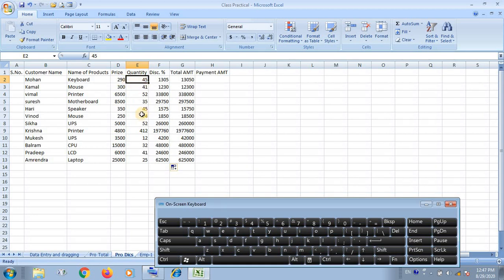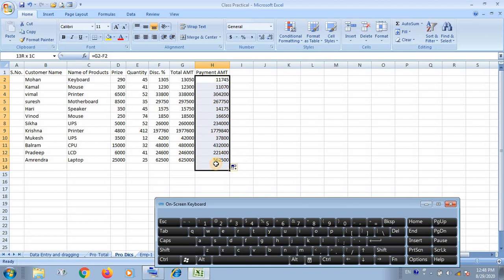I calculated it for one product earlier, now you are looking at 45 products where you have to calculate the 10% discount. Then you have to enter the formula in this way. Now you have to calculate the payment amount. This is the total amount, and you have to subtract the discount amount of the product. Now you are looking here, you have to drag again, then this will be the payment amount.